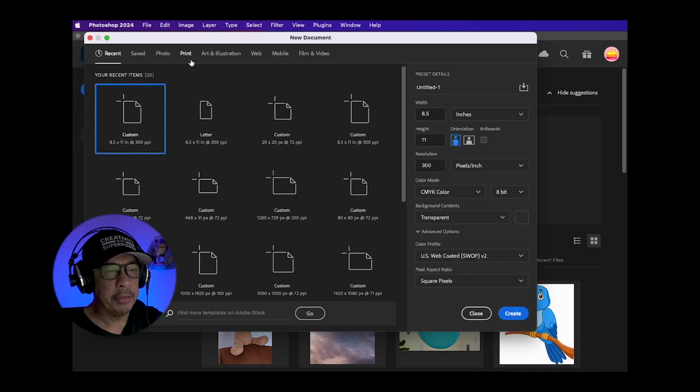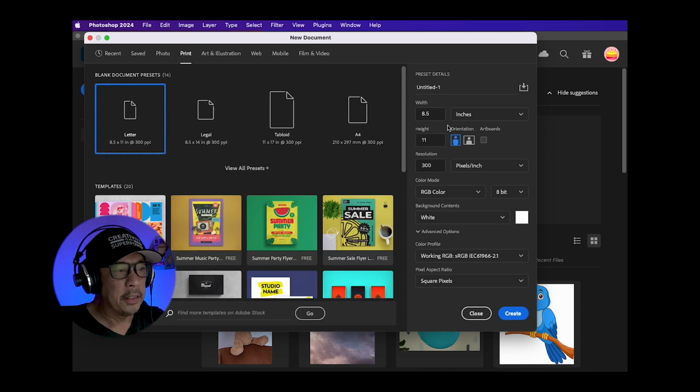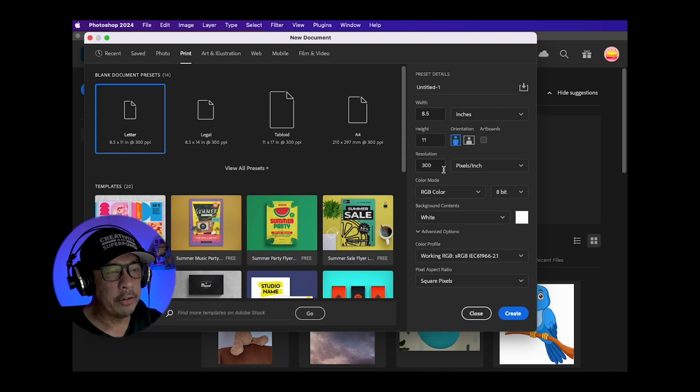You can choose any presets here depending on what you're working on. I typically work on print projects, so I'm just going to click on Print and choose Letter. The preset details will be here. This shows you your document size and your units of measurements. You can change this to whatever you want, but for print, I'm going to leave it at inches and leave